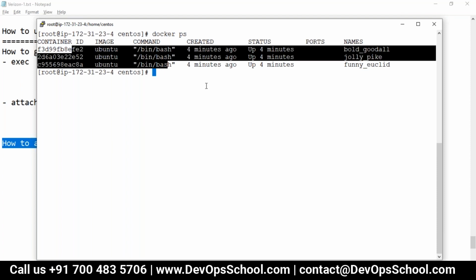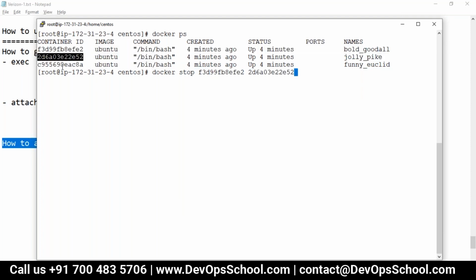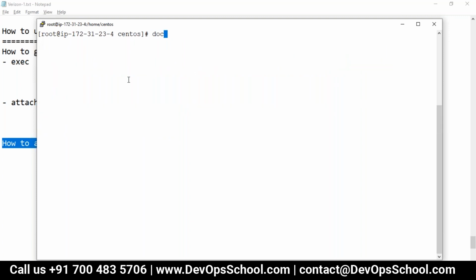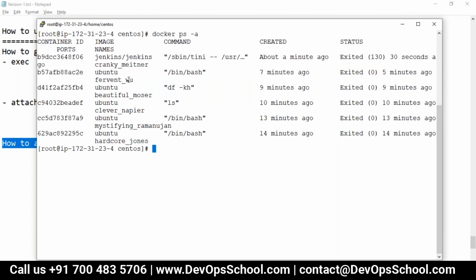These all containers, I am just getting rid of them because I need a web-based container. Stop. 1, 2, 3 and stop it. Guys, you see here I have so many exited containers. Let me clear this.